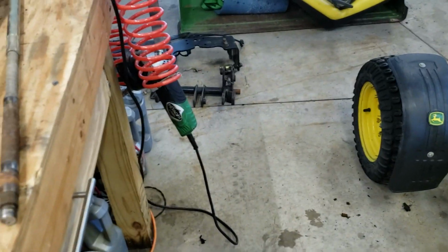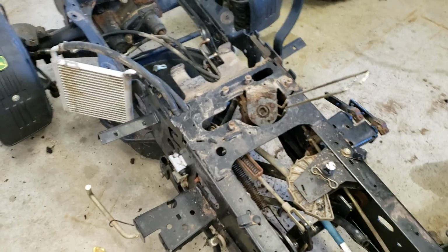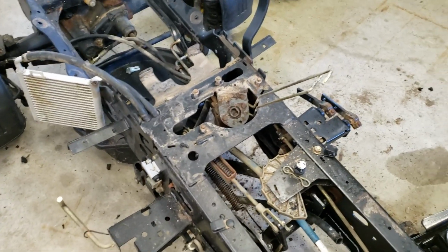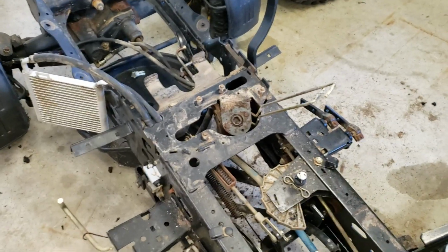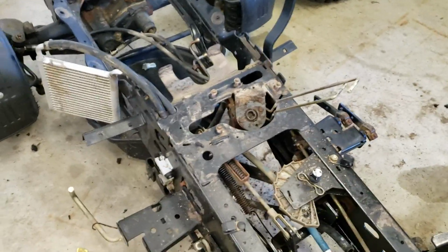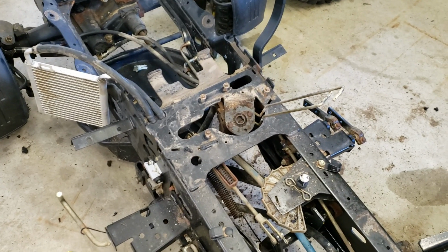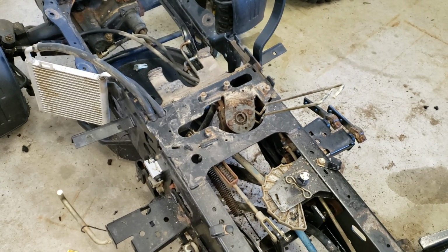I got a pulley puller. I borrowed one from a friend, and after multiple attempts of trying to pull it this way and push it that way and different things, I finally said screw it. I got my angle grinder out with a cutoff wheel on it. I literally just cut the steering wheel to pieces, and then I took my MAPP gas torch,